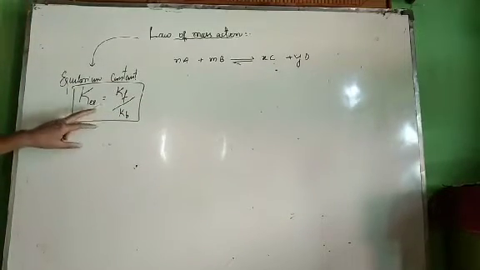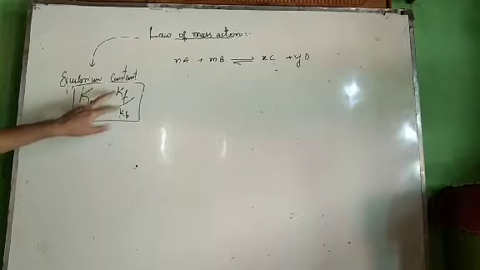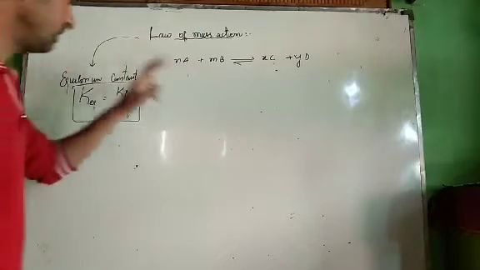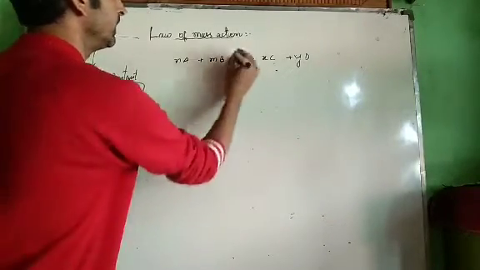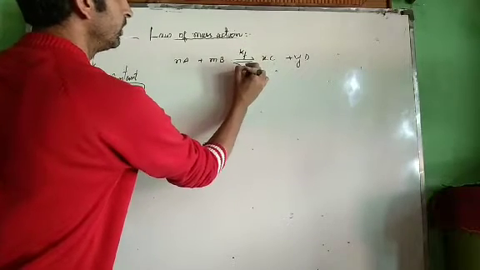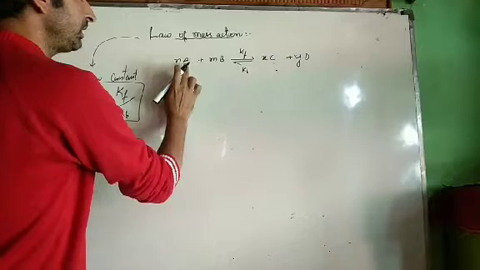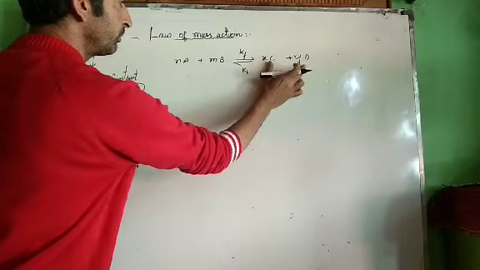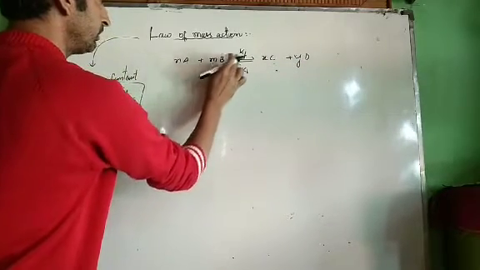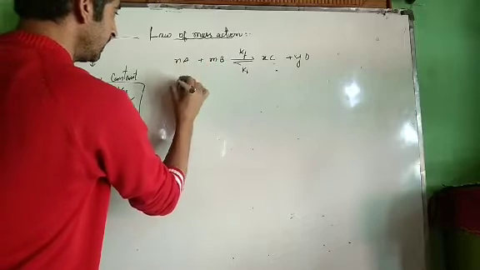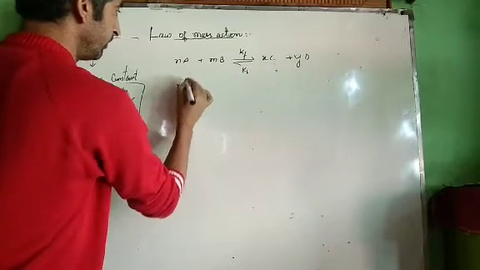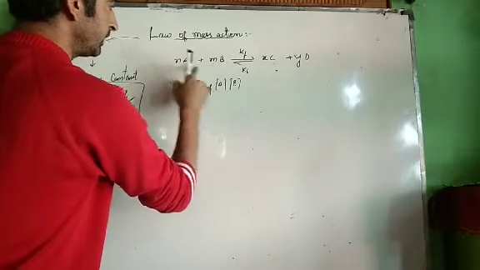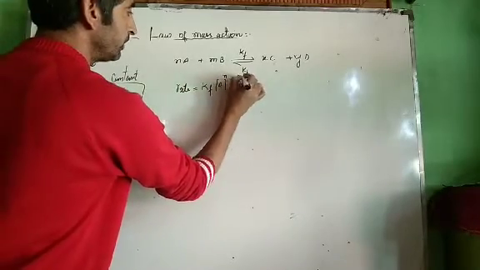Now question is asked even from this. If you are given a rate constant for forward reaction and backward reaction, you can determine equilibrium constant. Now see, this reaction takes place in two ways. There will be rate constant for forward reaction, there will be rate constant for backward reaction. Now see, if I apply law of mass action to this reaction, these are reactants for the forward reaction, and this is backward reaction, then these are reactants. Applying law of mass action to these reactants, rate for forward reaction will be equal to Kf into concentration of A, product of concentration of reactants. Reactants are A and B raised to power their stoichiometry.